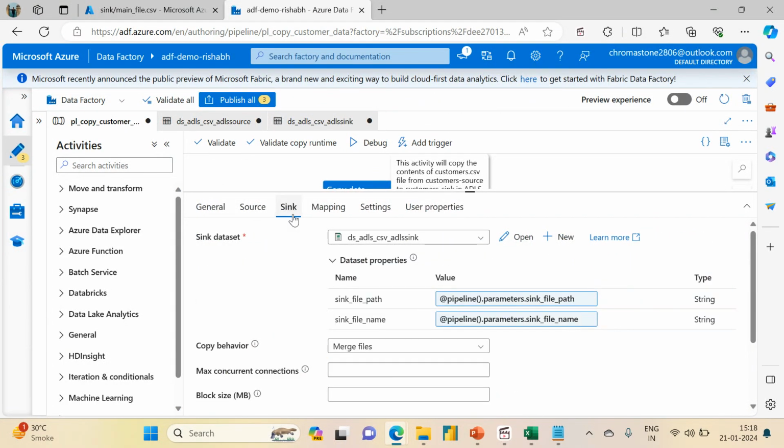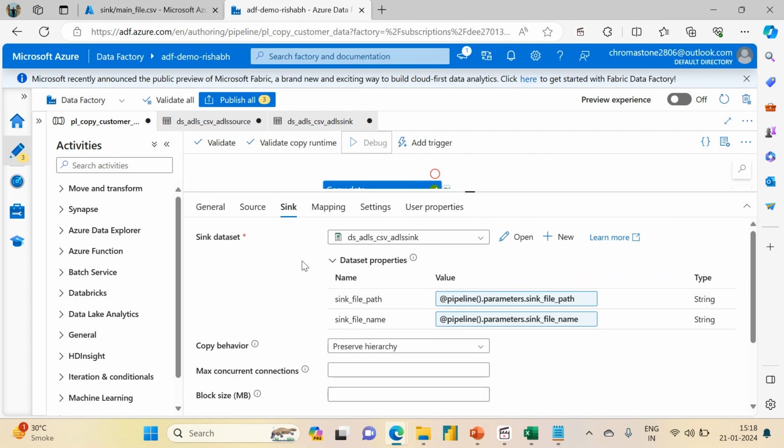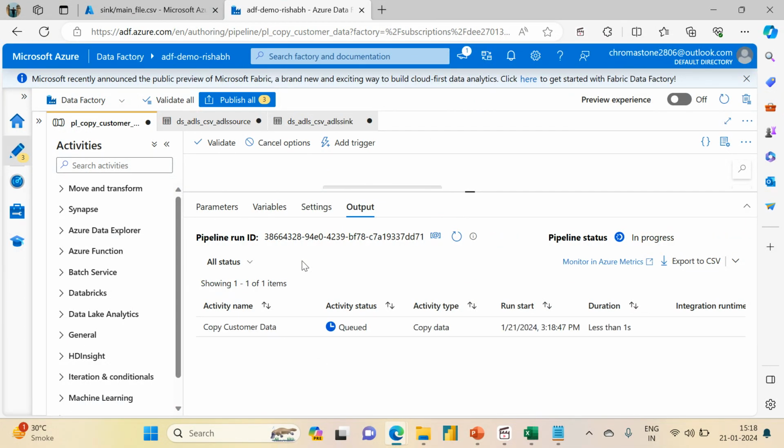the sync to preserve hierarchy. Okay, and if I run the debug again, I'm going to say source .csv sync. So it is going to give you the values of those two columns. That means partition of stream and one partition of batch in the file, but it is going to maintain the partition folders. So all the folders will be maintained as it is. So let's just see that